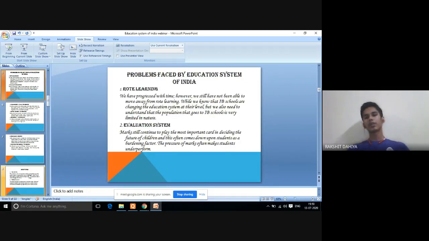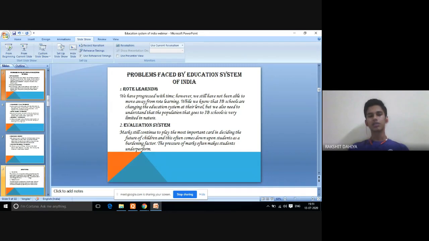What are the problems faced by education system of India? We all know India is facing a lot of problems in its education system. So let's see what problems India is facing. First is rote learning. If we say rote learning, what comes to our mind? Rote learning simply means cramming. Children cram nowadays because concepts are not clear to them. They are not able to understand things properly, because there are some faults by the teacher too. This is the biggest problem faced by our children.